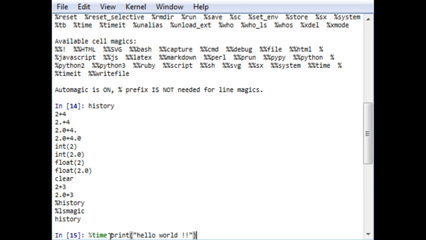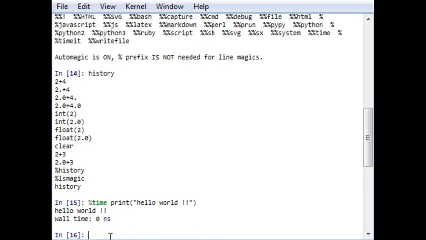Now let's see how much time it is going to take to execute this print statement. It takes 0 nanoseconds. It doesn't give you the CPU time here, but in most cases it will also give you the CPU time.